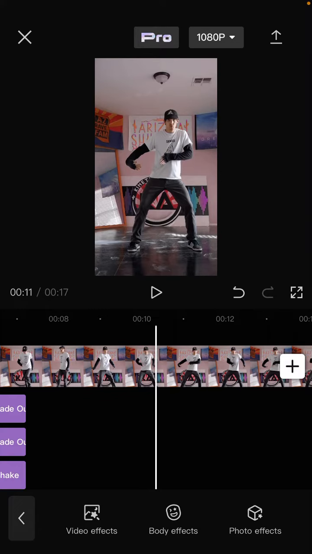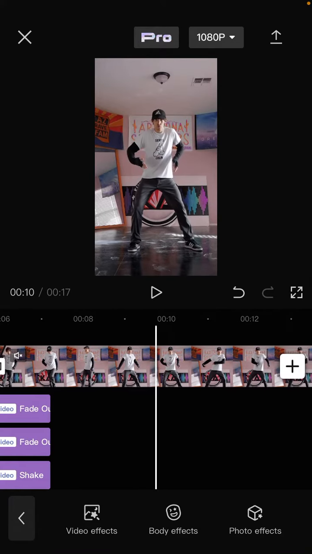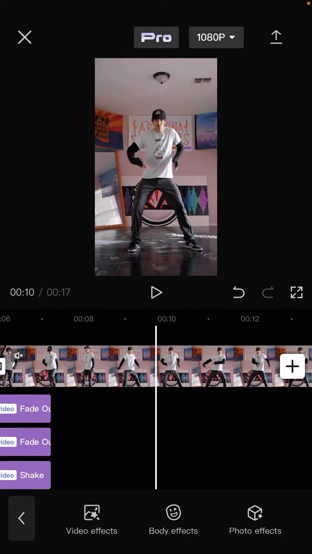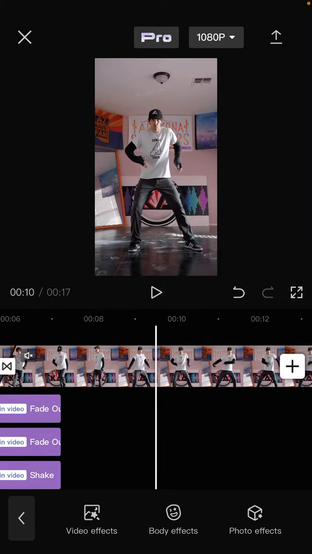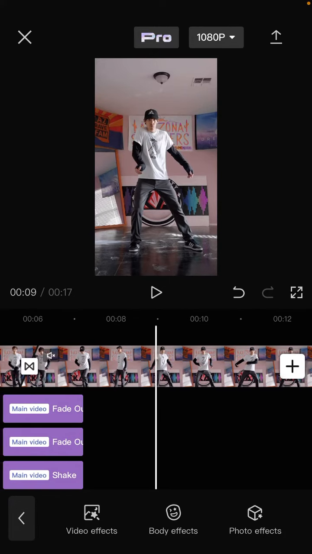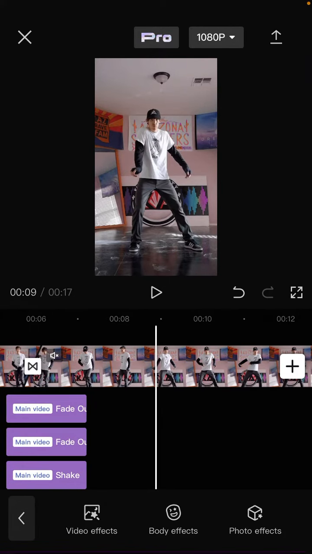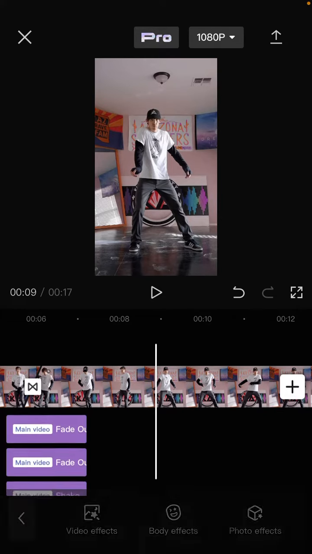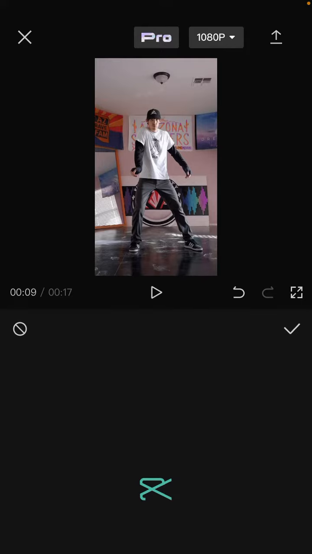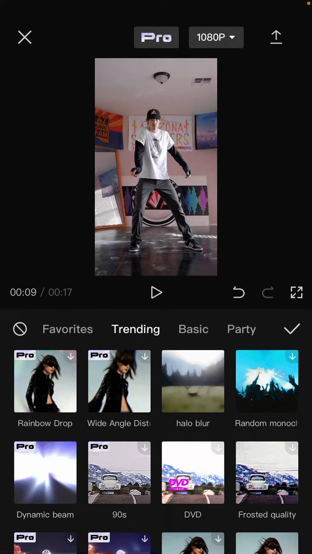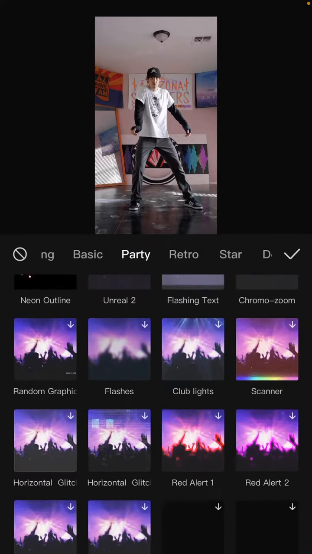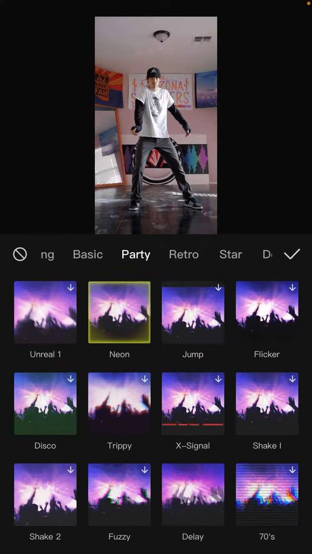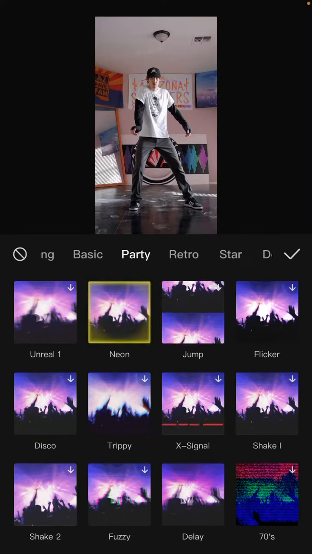video. So just select the part of the video that you want to give the effect to. So I'm just going to select this part and tap on effect, select video effect, go to party effect, so you can scroll up, and select delay effect,